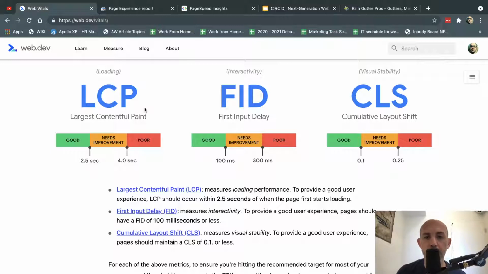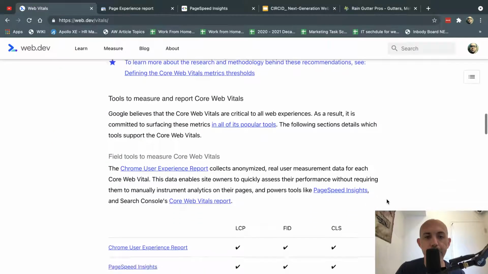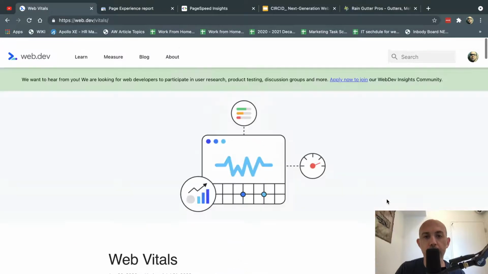Make sure your website is interactive, right? If someone clicks on something, it immediately does what they want it to. If they type in something in the form, immediately they can see it, right? Don't delay things. A lot of times these are coding, server setup, size of content, how much stuff you're loading, and when you're loading it. Okay, so these are the most important three things.